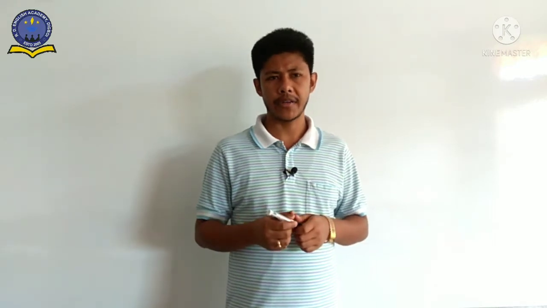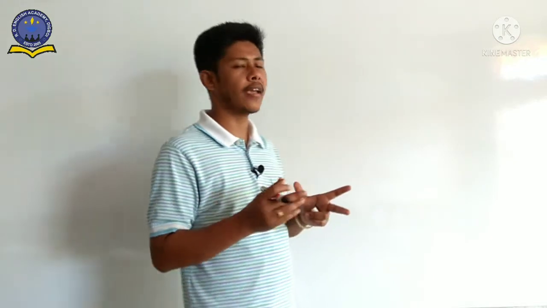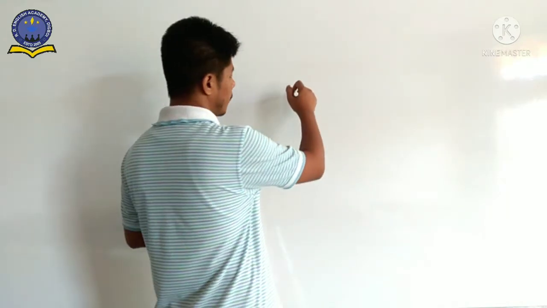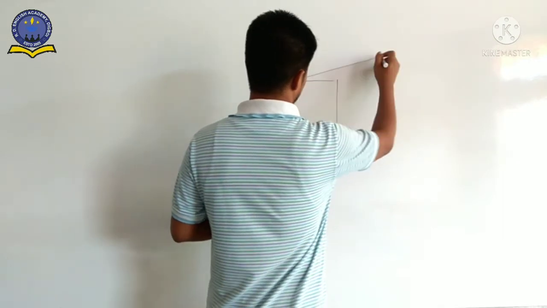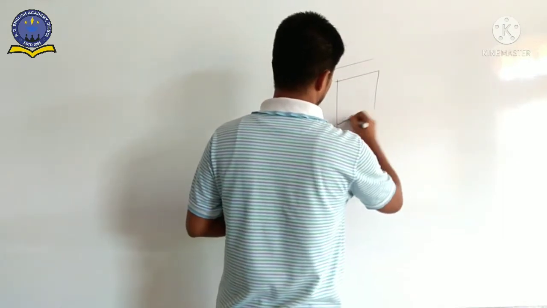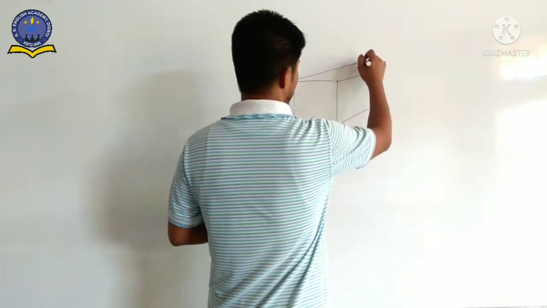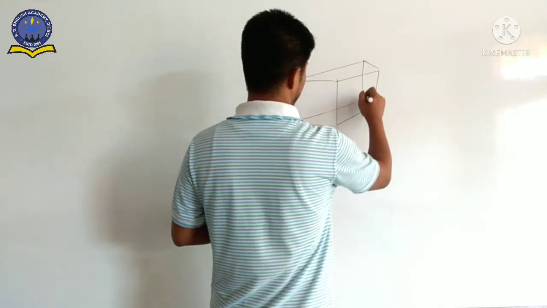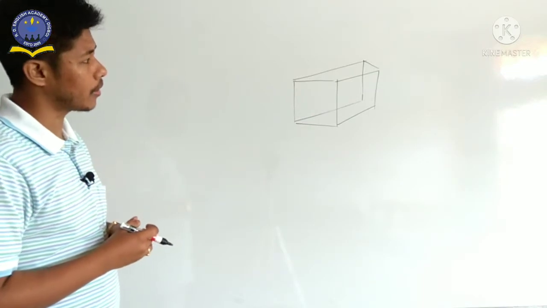First of all, if you see practically the diagram here, suppose we consider a cuboid, that means the room given to us. So if we consider this one as a cuboid, the cuboid is like in this way. If you draw, suppose this one is a cuboid, here we consider like in this way.